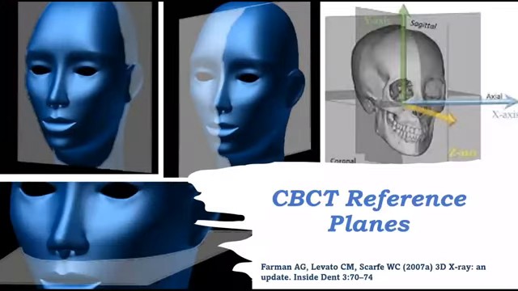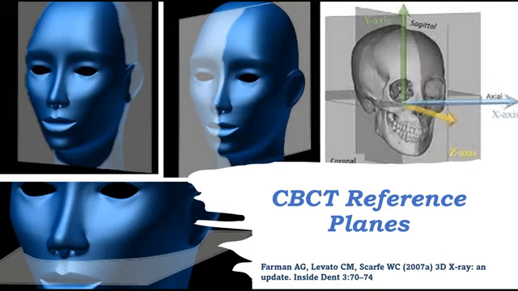Talking about the reference planes, a plane is a two-dimensional slice through a three-dimensional space, which can be thought of as a glass sheet. The anatomical planes are different lines used to divide the human body. You will commonly see them when looking at anatomical models and prosections. These anatomical planes allow for accurate description of a location and also help the clinician understand what the image is trying to show or reveal.